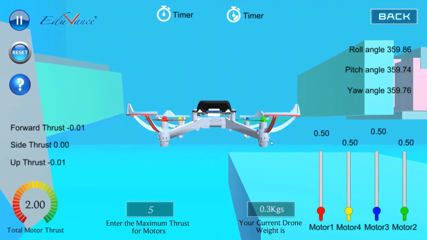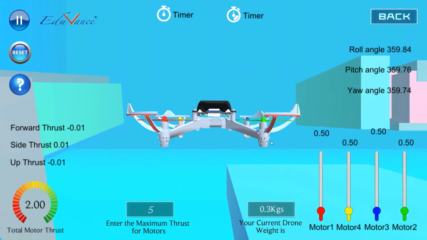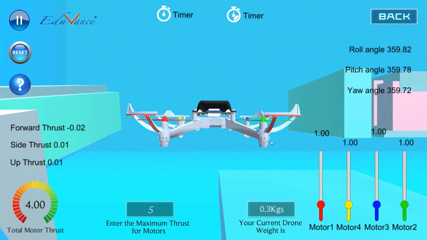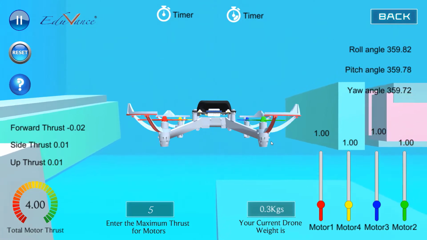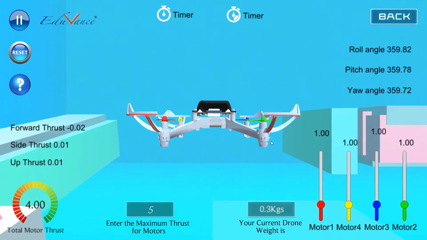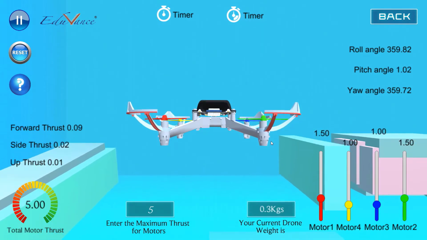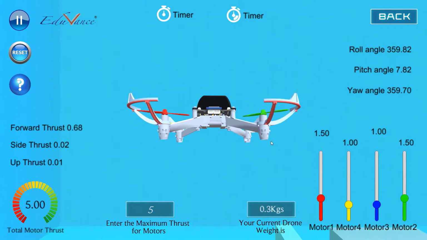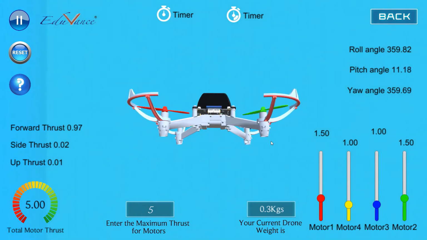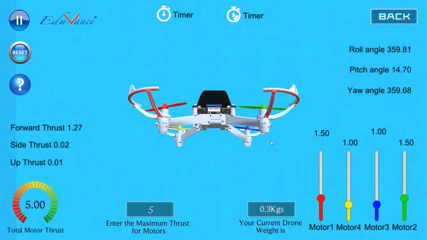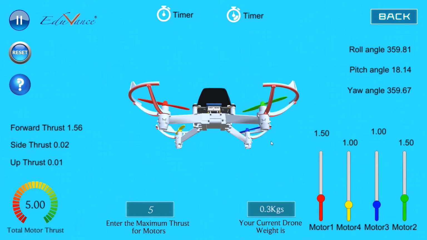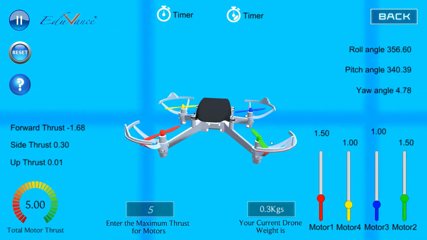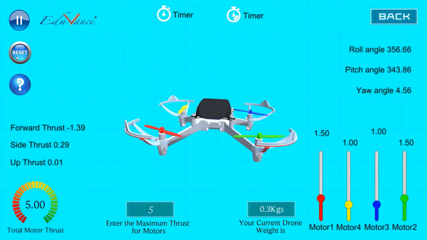Now for us to pitch the drone forward, I will increase the RPM of motor 1 and motor 2 using P and Q. As you see, I increase the RPM, and the drone starts to pitch forward. Now if you see, since I have not stopped, the drone continues to pitch and it will go and collide against the wall, which is fine. I will show you again. So it has collided. Let me reset this and show you again.